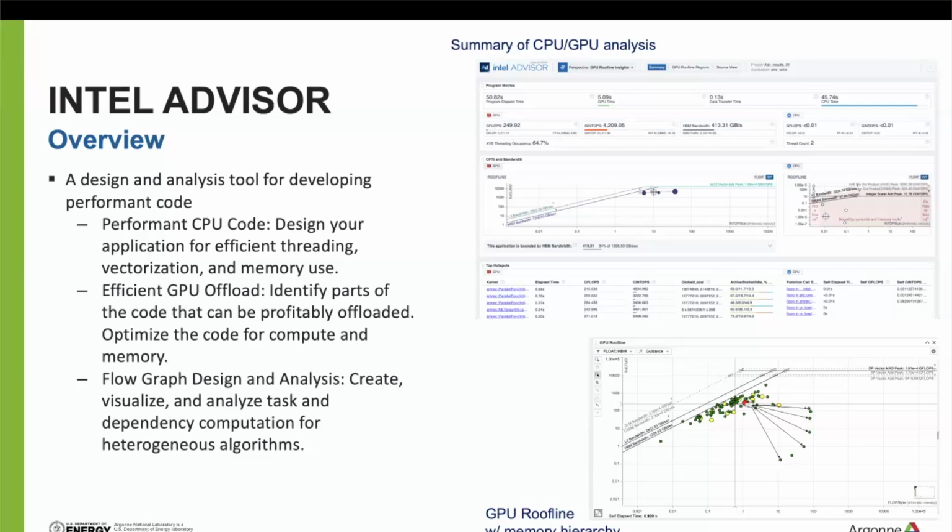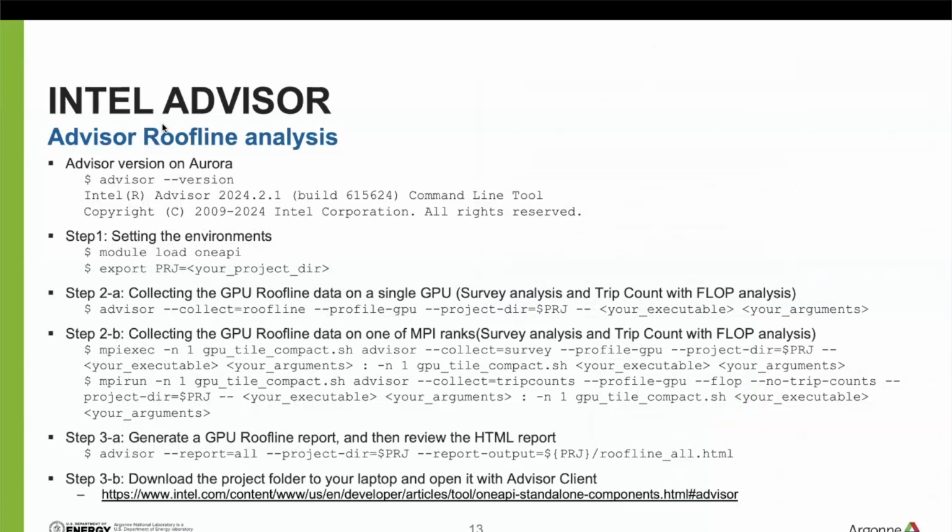This kind of variation happens. So it's a very intuitive and very effective way to understand what happened in your application. In order to use Advisor, you need to follow this instruction. So Advisor version, the latest version, yesterday we had the compute image update. So the default one is the latest version. If you use the default oneAPI module, the Advisor version is